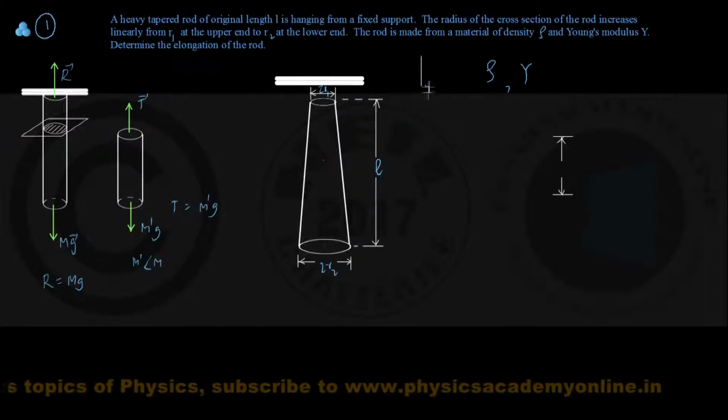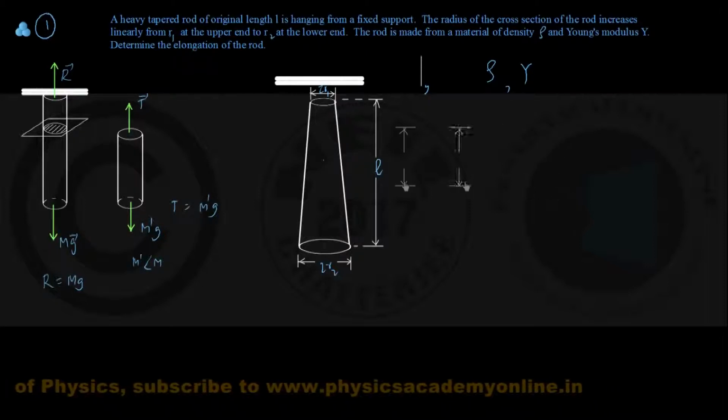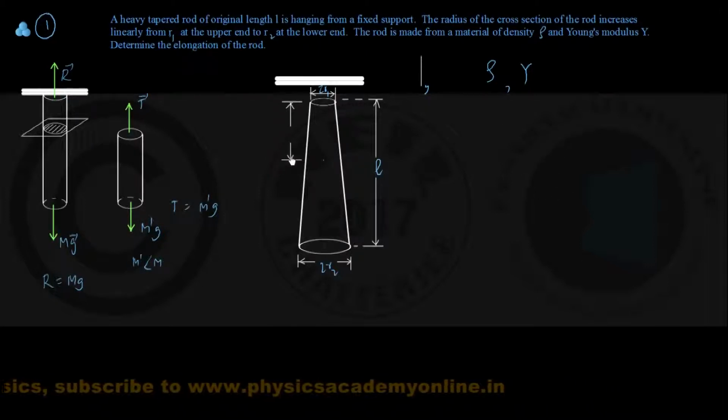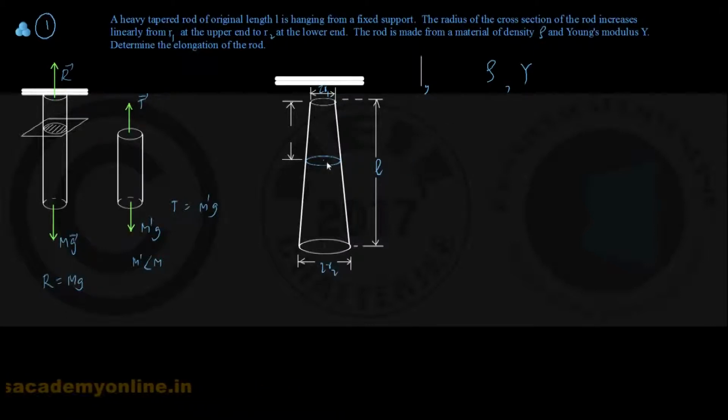So I show it also on my figure, and go to a depth of Y, a variable quantity, from the upper end, and show here a cross section, also circular, of radius, say, equal to R. So I'm using blue color here for quick distinction. Once again, from the upper end I come to a depth equal to Y, which is of course less than L, the length of this rod, and consider a cross section of radius R